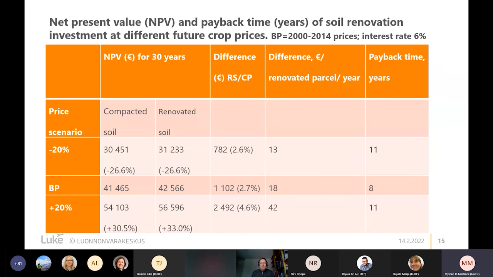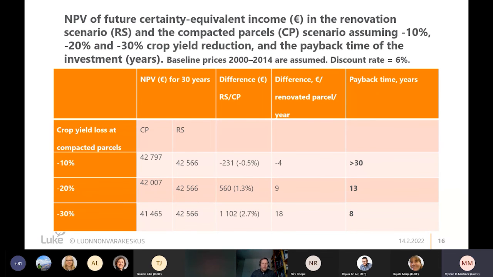What if we have a look at the payback time? When can the farmer get the money back? At baseline prices, in less than 10 years. And if the prices are lower or higher, surprisingly, we have a longer payback time. But the clue here is that if the future prices are high, the farmer loses in the beginning and gets the money back in the long term, and they cancel each other out, so the payback time is not much influenced by prices. And we have cases where the compacted soil has only little effect on yields,